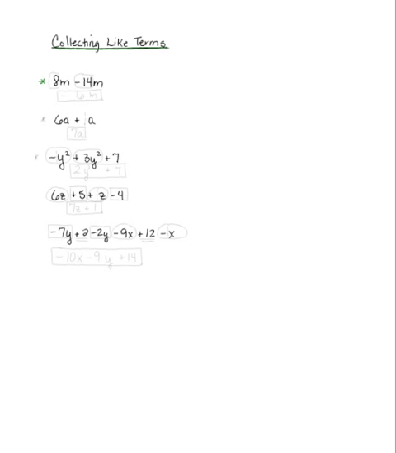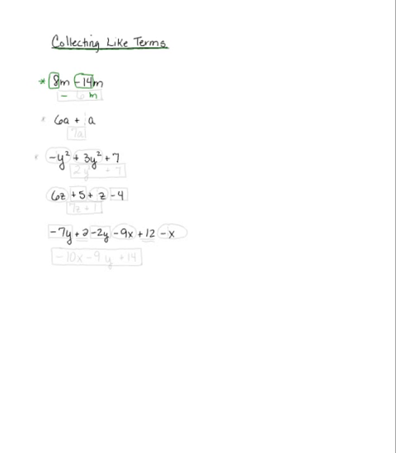I do know that they're like because they're both marshmallows. I just now need to figure out what my answer is going to be. I have to keep my label because that's how I know what I'm talking about. So I keep my m, and then I need to do integer subtraction or addition. I know that there are 8 good guys and 14 bad guys, so I'm going to have a negative answer because I'm going to be in the hole the amount of marshmallows, so I'll have to order them for my s'mores that I want to make.